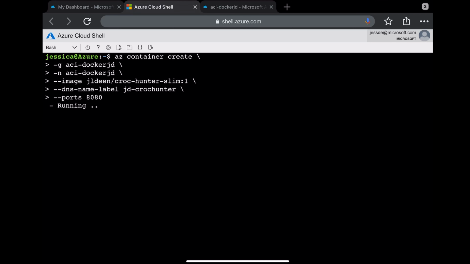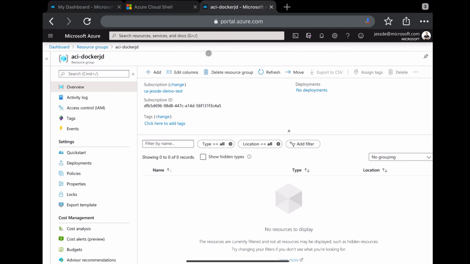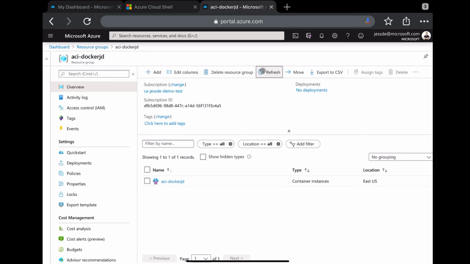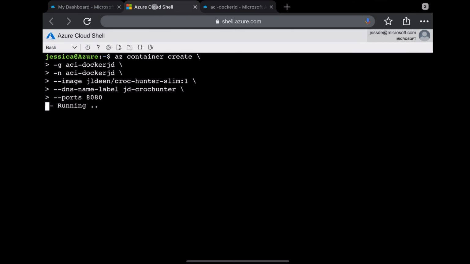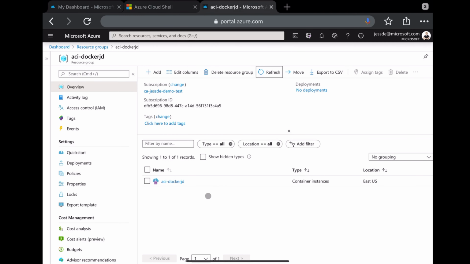It has a lot of configuration it's doing in the back end, but you can go over into your portal, which I already have open in another tab, and I have my resource group open. I can click refresh and see if the container instance has been created yet. It doesn't look like it has, so I'll give it just a few more moments. And there we go, we now have our container instance. In fact, I can hop back over into our Cloud Shell here. You can see that the command is still running. It might be finishing up some housekeeping items, but even while that command is running in the background, we can